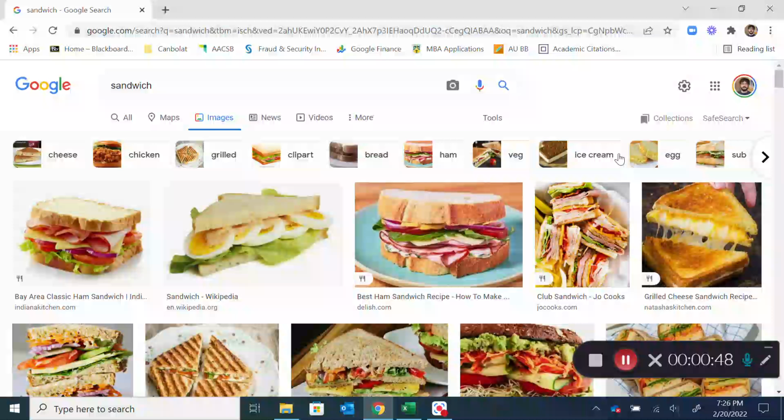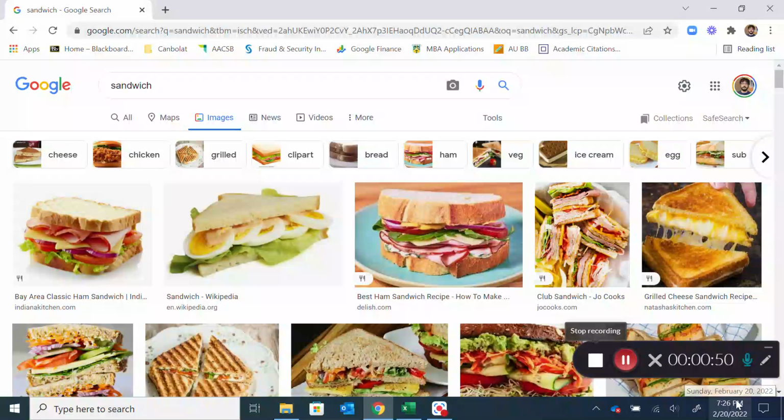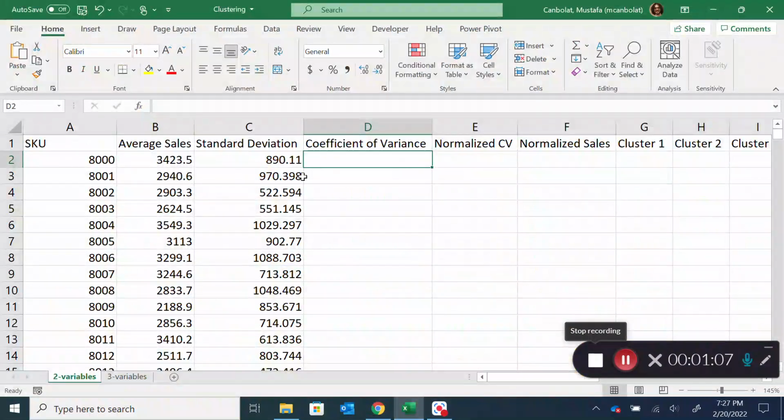Those could be the ice cream sandwiches, right? So that is maybe a cluster with a small number of units in it, and that would be an outlier group, and you may be able to identify your outliers that way as well. So Excel is not going to be the best method to use, but it is going to help you understand what clustering is. So assume that we have these different types of products identified by their stock keeping units